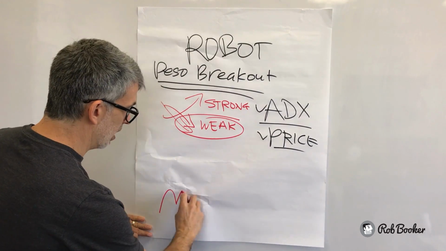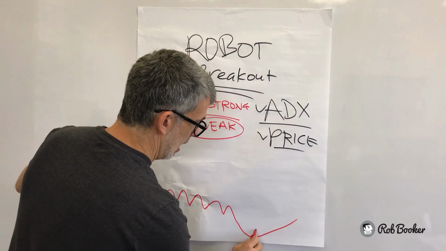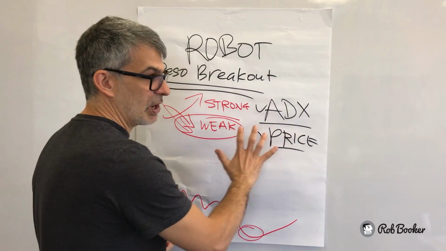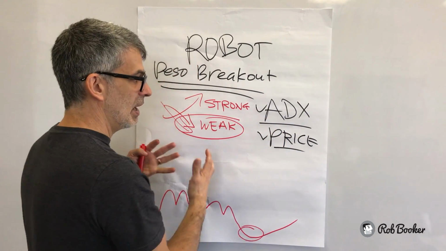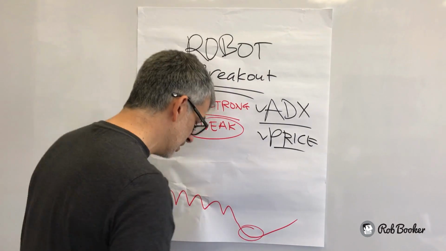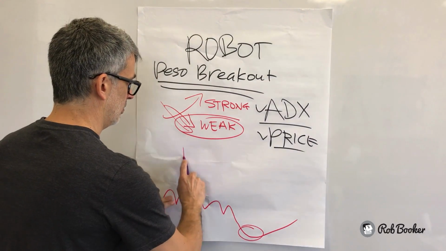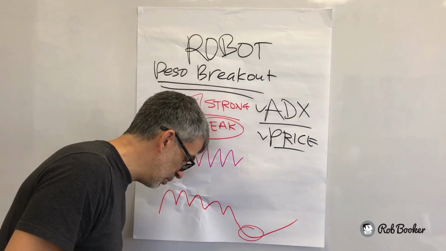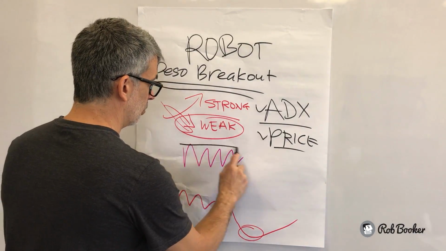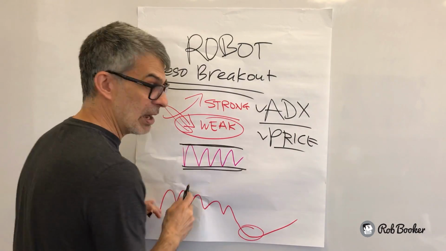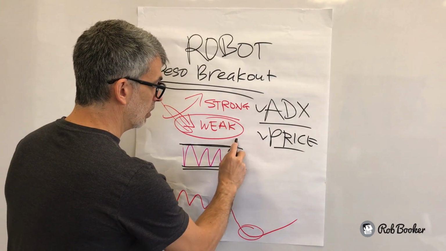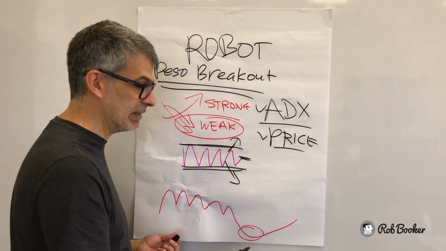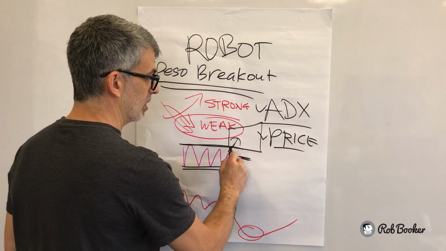And so the ADX is running along the bottom of a screen, and occasionally the ADX will run much lower when price starts to consolidate and the trend slows down and there is no trend, and price will end up just going sideways. And during this time, when price is going sideways, the robot will draw a box around this price, and then the robot will trade breakouts from beyond that box. And it will place a stop loss back inside the box, and it will place a profit target